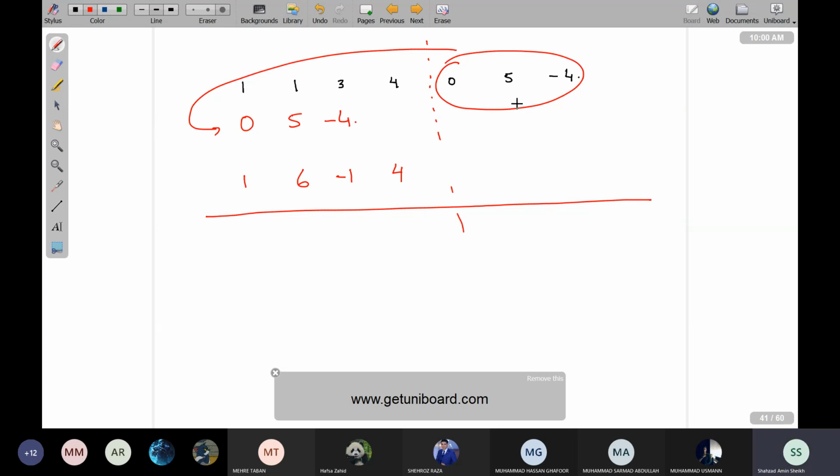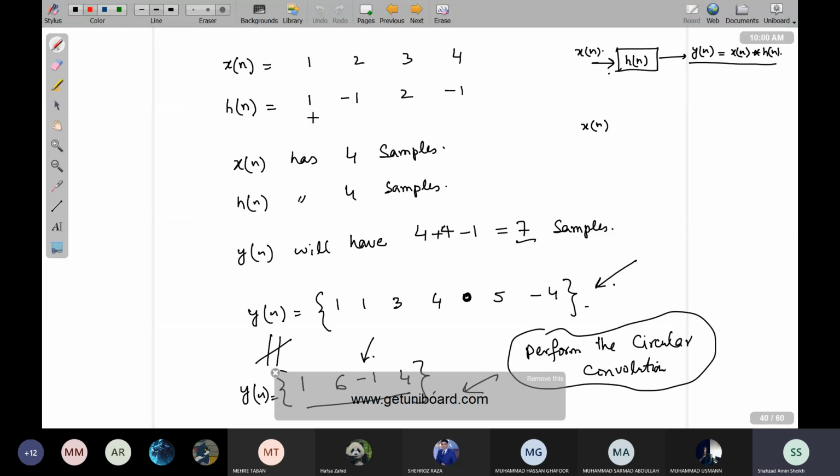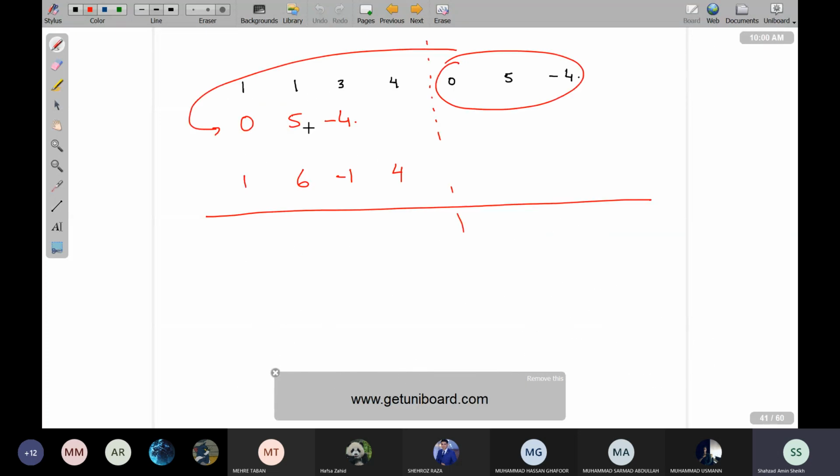0 5 और -4, देखिए 4 पॉइंट DFT आपने लिया था ना, आपने 4 पॉइंट DFT लिया था. सो 4 पॉइंट्स आपने वैसे रहने दिए, जो बाकी 3 पॉइंट्स थे आपके कन्वोल्यूशन के रिजल्ट के, आपने उनको उठाया और फर्स्ट पॉइंट्स के साथ ऐड किया. सो 1 + 0 is 1, 1 + 5 is 6, 3 - 4 is -1, 4 + 0 is equal to 4. सो क्या हो रहा है? Is it by chance or there is some